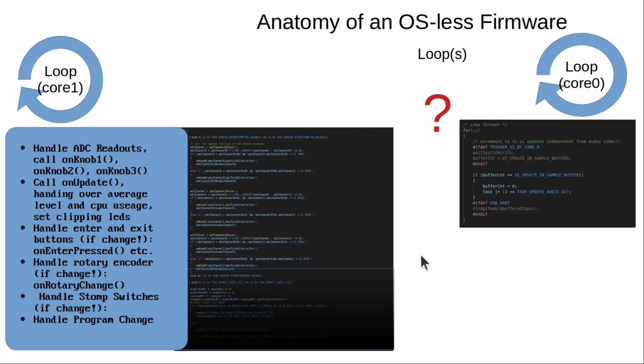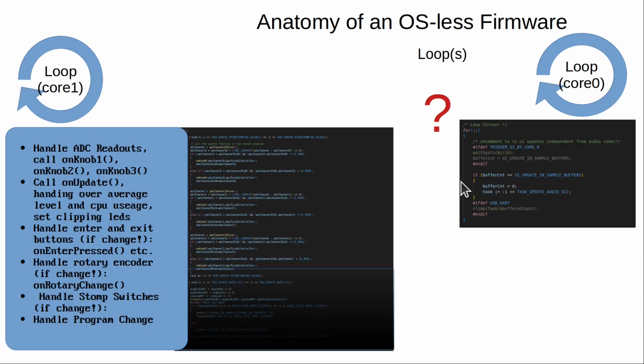Since the RP2040 is a dual-core processor, it is beneficial to use both of them, at least for this case where processing speed is critical and power consumption isn't. So there are 2 loops, one for core 0 and one for core 1. Looking at the loop for core 0, it seems to do almost nothing. If a variable buffer count is larger or equal to some constant, constants are generally uppercase, following a widely used